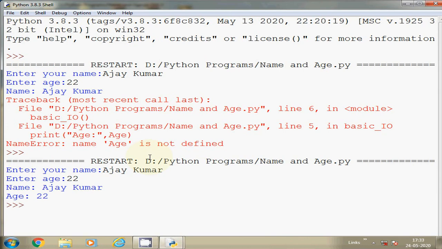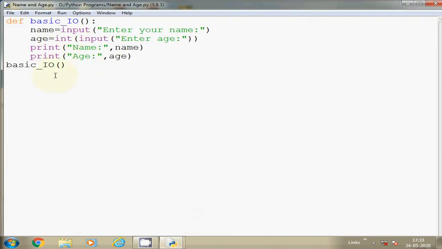See, the output is displayed on your screen, Ajay Kumar and 22. So this way you can accept input and print the output. So you start the programming and take some variables and do the program.